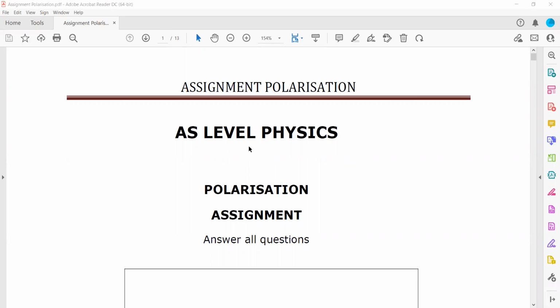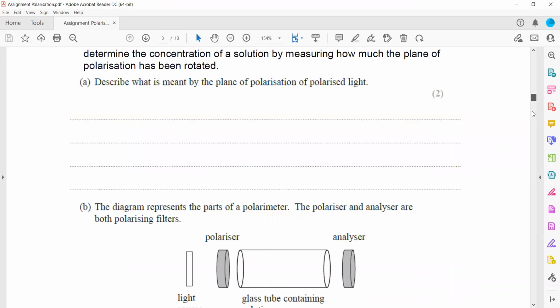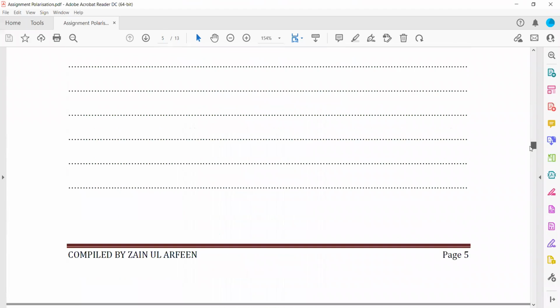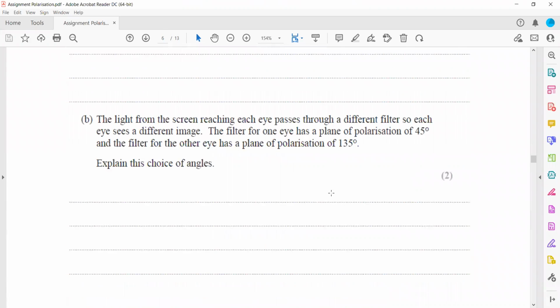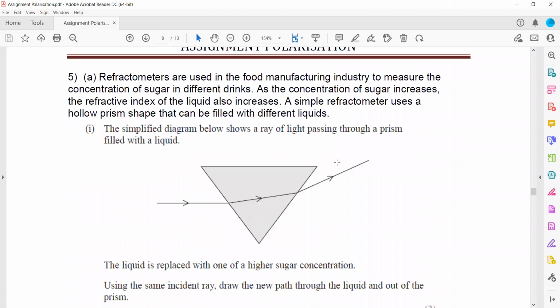So this one is an assignment related to topic polarization. The first 4 questions I have already discussed. So we'll start with question 5 onward. So in question number 5,